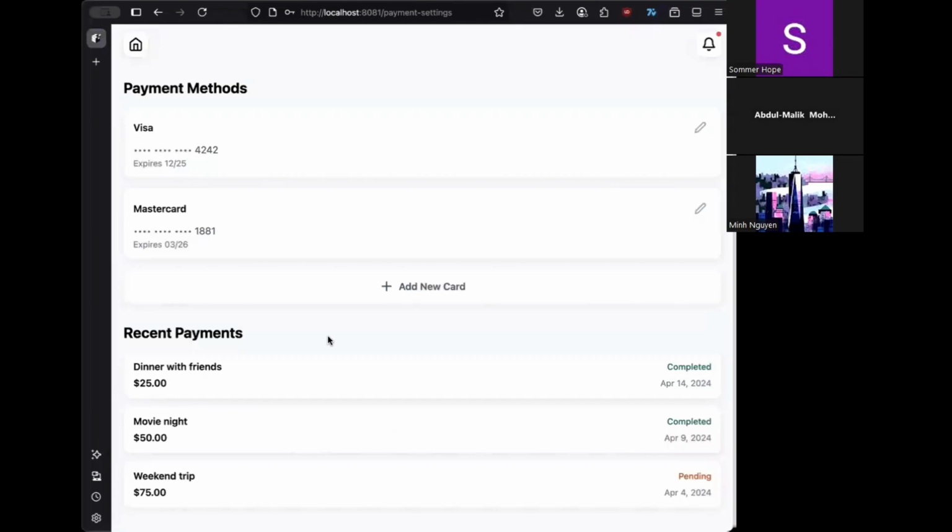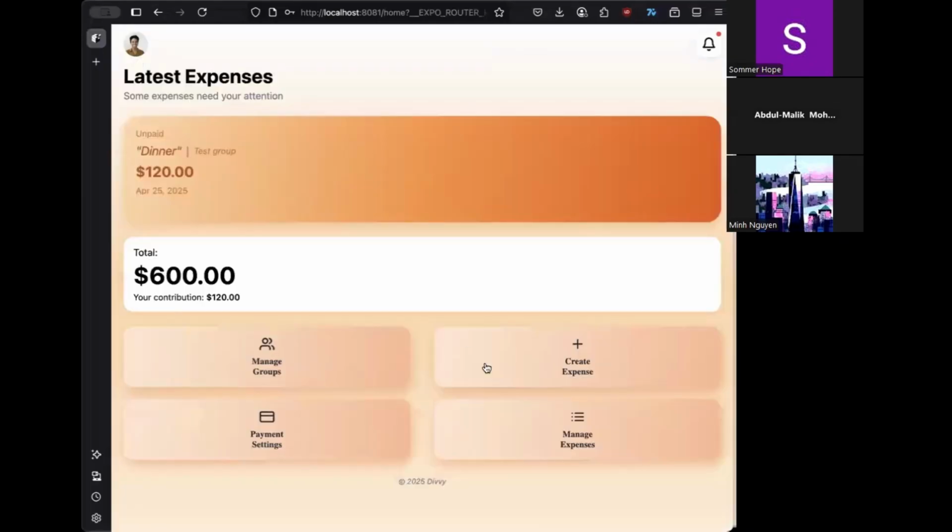All right, and currently we don't have this set up, but this is normally what it would look like. It's got the cards that you've added, as well as any recent payments that you paid towards any other expense. Now, if you go back to the home,